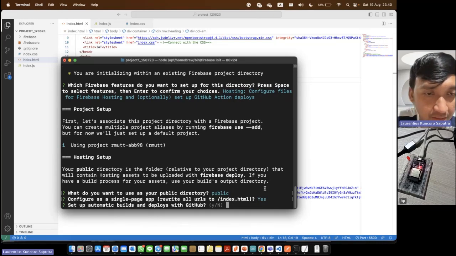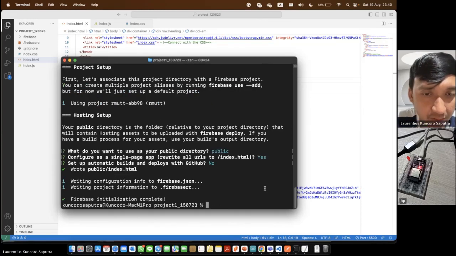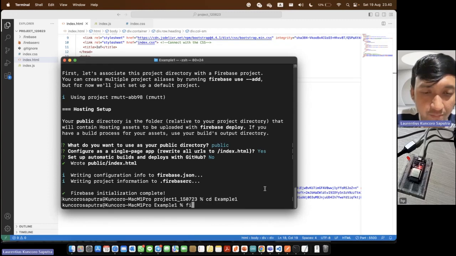Yes. Set up automatic build and deploy with GitHub? No. Okay, so cd example 1 and Firebase deploy.